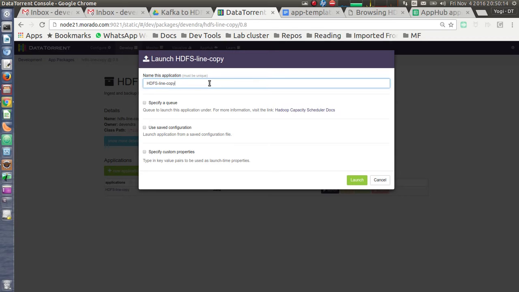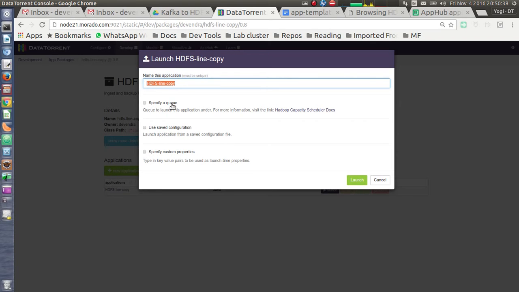The first property in this dialog is for the name of the application. By default, it is HDFS line copy. This name has to be unique across all running applications in your environment. If you want, you can change this name.